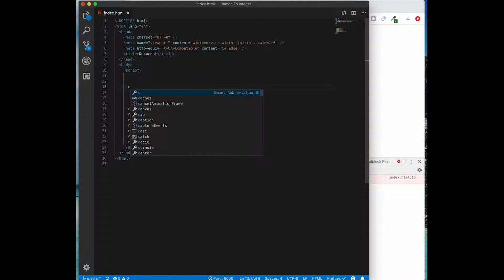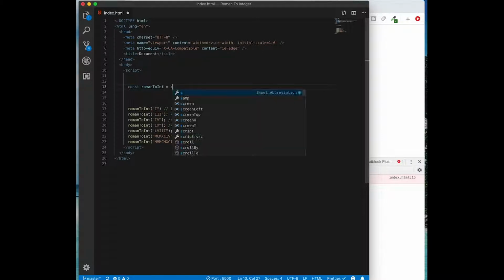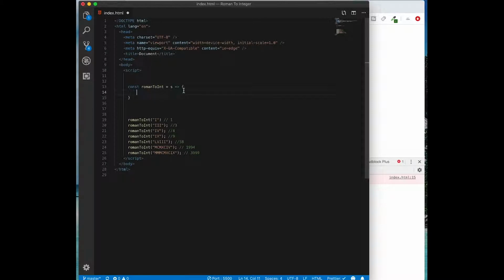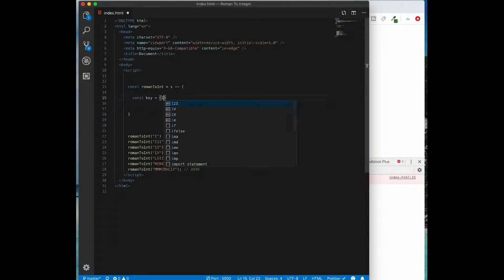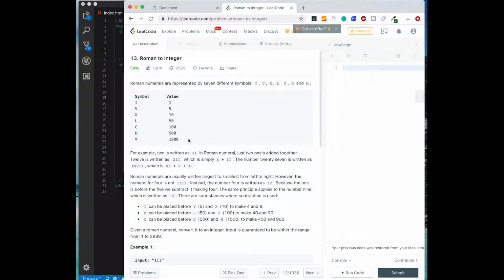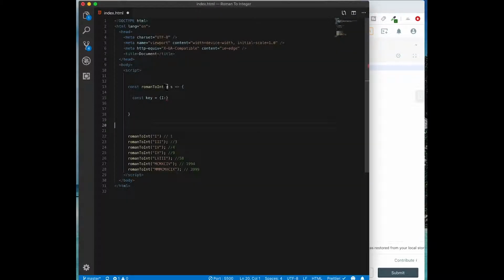So what we're going to do is have a function, const romanToInt equals, and we're going to take in a string. And this is going to be this string, and then we'll declare a few variables. We'll have a key, and we're going to make this an object of values. So we're going to have a key with all of these values in it right here, so we can look up by them. Okay, so I is 1, V is 5, X is 10,